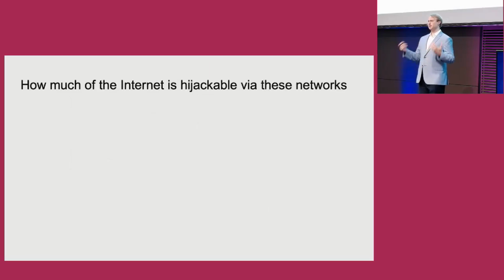You also might be realizing now that while I'm talking about no export, that also limits the spread of the adversary's malicious route because you have to go one network at a time. It's not going to propagate from network to network the way traditional BGP hijacks do. So how much of the internet can you actually get? Well,